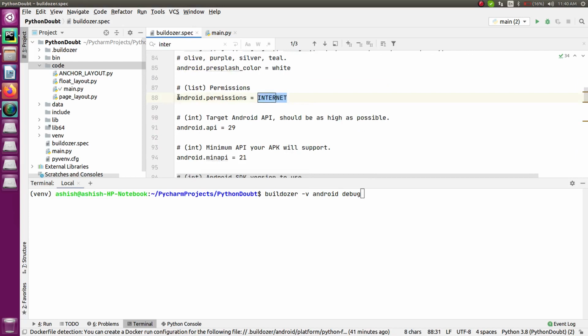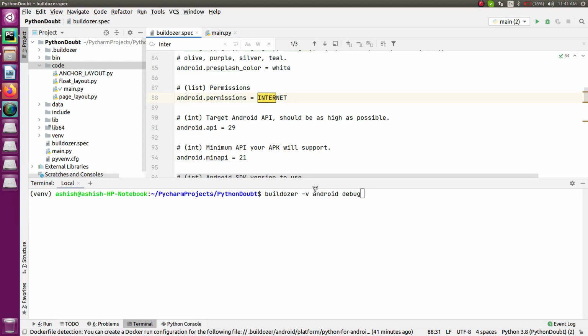In my case, I have already uncommented this part, but on your system, in your buildozer.spec file, you will find that this line is commented, and you have to uncomment it first. Then only you will be able to execute this application on your mobile phone. Otherwise, it will not work and it will stop unexpectedly, right? So this is how it is going to work.